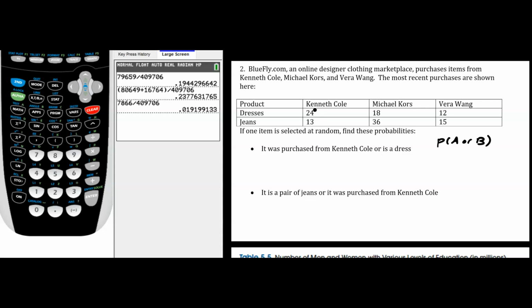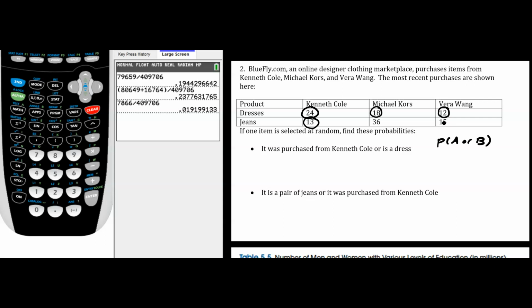So if we begin right here with this 24, I'm going to definitely be circling this because these 24 items are purchased from Kenneth Cole and they are dresses. These 13 items are purchased from Kenneth Cole, so let's circle this. These 18 items, they're not purchased from Kenneth Cole, but they are dresses, so I'm going to circle that. These 36 items, they're not purchased from Kenneth Cole and they're not dresses, so I'm not circling that. These 12 items, they're not purchased from Kenneth Cole, but again, they are dresses, so we should circle that. And then these 15 items, they are not purchased from Kenneth Cole and they are also not dresses, so I'm